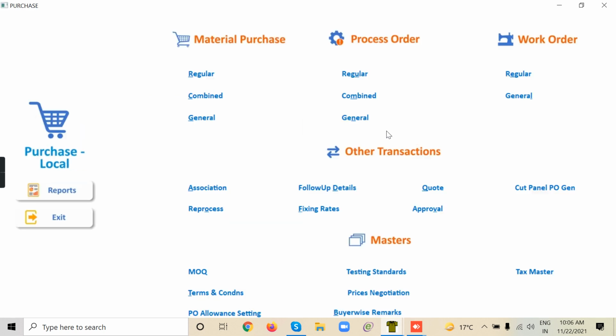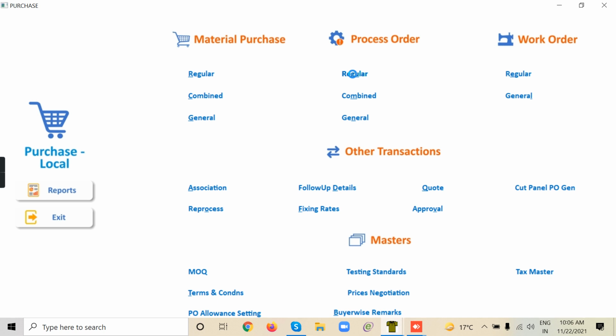Domestic. So we are going to do service PO, which is process order. Select the regular process order. You already know what combined is, so we'll do a regular process order. Select hoodie tracksuit order D4.